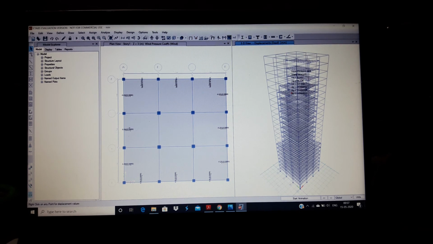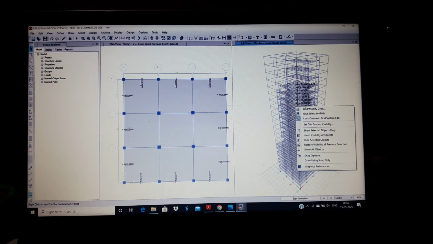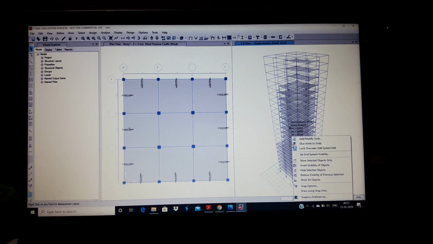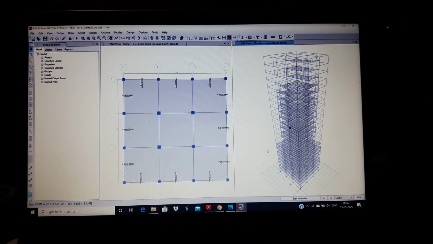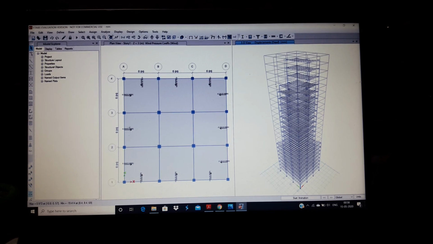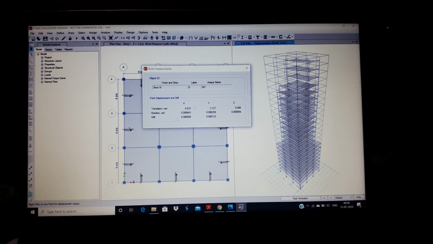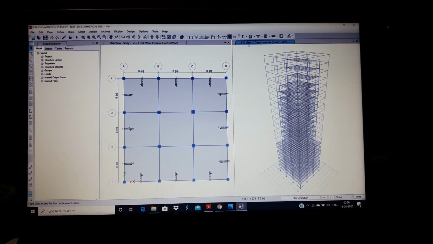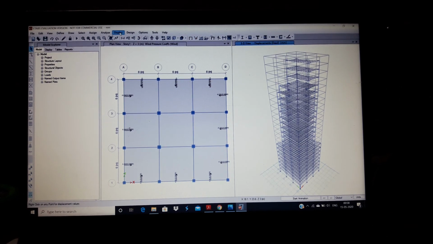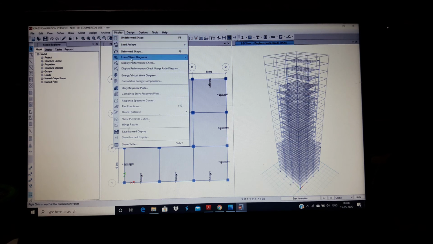Here the deformed shape appears. Right click on it and you can get the properties. You can see the properties, this point displacements. Now go to the display option and then force stress diagrams.